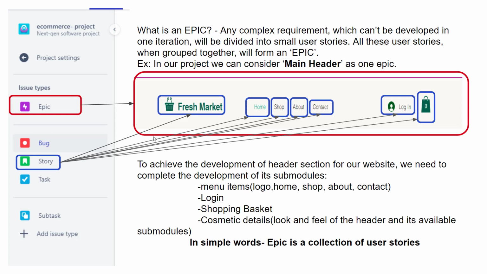That's why I'm naming it a big feature and a granular feature. But in the real world, we don't call it a big feature. Okay. So when you say an epic, it's nothing but a collection of the features. Each feature you can call a user story, and an epic is nothing but a group of user stories. Okay. Going forward, we can discuss more, and you'll be able to understand in a better way.